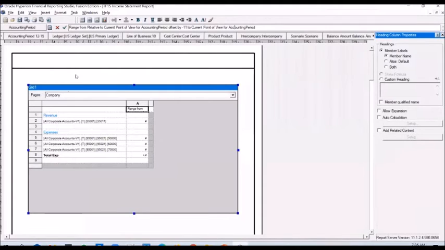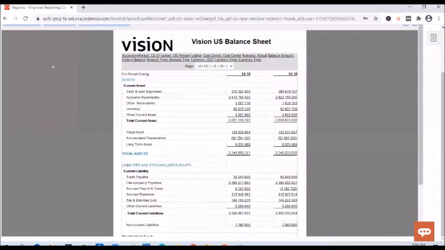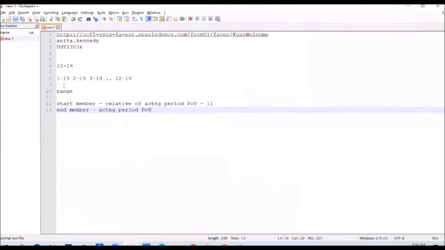We haven't added point of views yet in our report. We're going to add it now very soon. But whatever value is selected by the user in the accounting period point of view, that will be our end member. So if user selects 12-19, you will see the report displaying balances starting from 01-19 till 12-19. It will display balances for rolling 12-month period. If it is 12-18, what will happen? It will display the balances from 01-18 till 12-18. Okay, that's how it works.